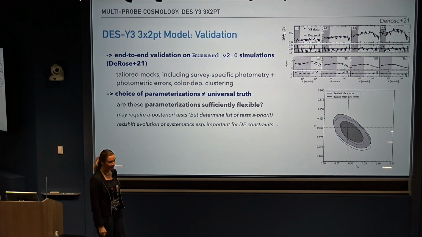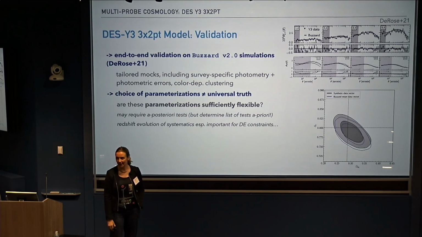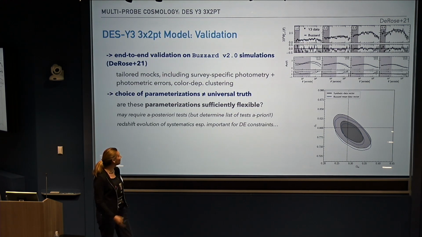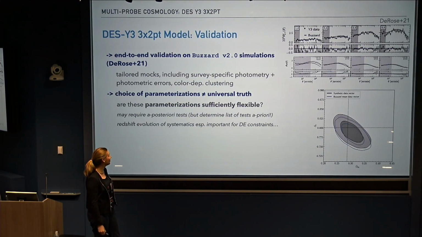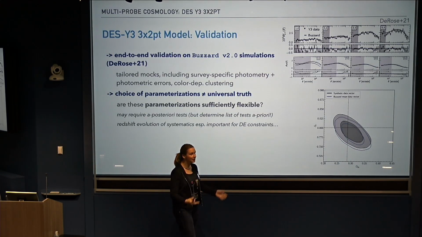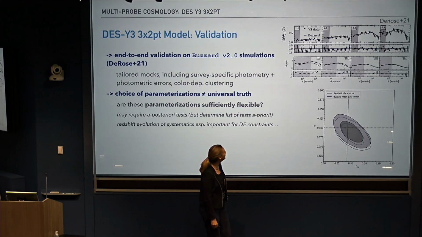After these scale cuts are established, then it's time for further validation. And in that process, mocks are really essential. For the SGA3, we relied on the Buzzard version 2.0 simulations led by Joe DeRose. This is based on AdGalds and then includes survey-specific systematics, photometry, and photometric errors. And in the end, we can then really reproduce the color-dependent clustering for our galaxy selections and the other parts